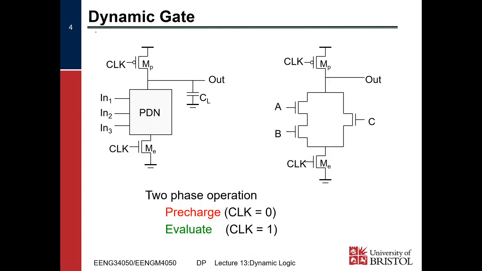Okay? So how we design a dynamic gate. Imagine we're trying to implement the function AB plus C knotted, right? Obviously, if we were doing this in complementary CMOS, we would have our A and B in series, and then that in parallel with our C. And then on the pull-up network, we'd have our C in series with the